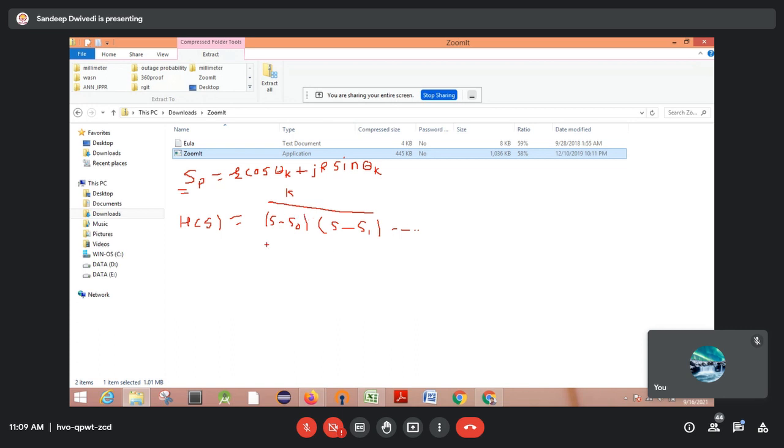Here the value of k can be calculated. That can be b0. Obviously you will get b0 after simplifying the above function, that is, after multiplying all these terms. The value of k will be b0 as it is when capital N is odd. If capital N is odd, the value of k is simply b0.